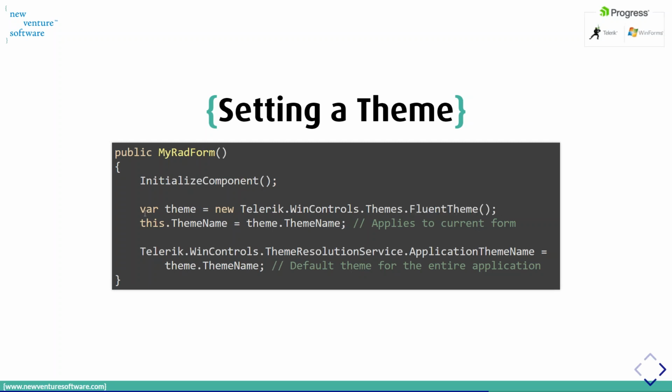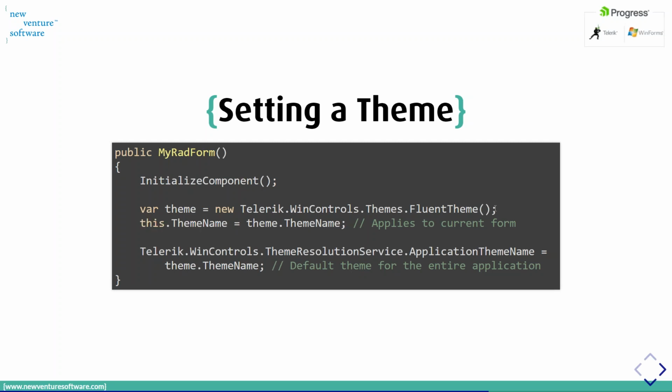And then I will just instantiate that theme. One cool thing is that those themes have a property named ThemeName, so I don't have to remember some magical string that represents the name of the theme. I can just use that property ThemeName to set it to the WinForms theme,